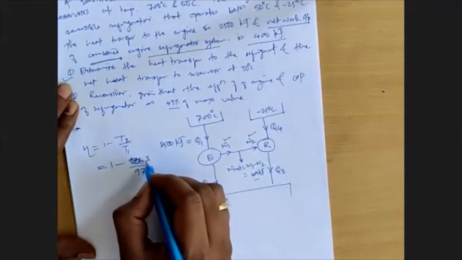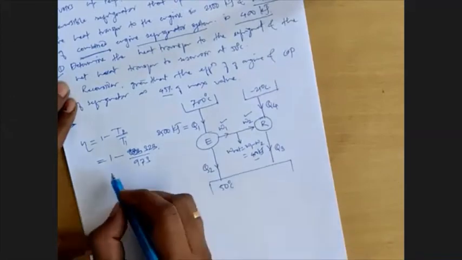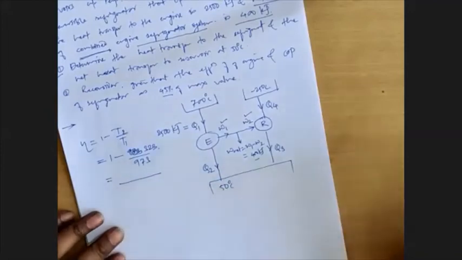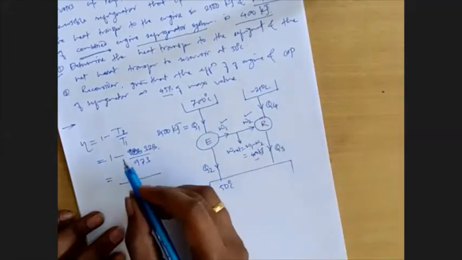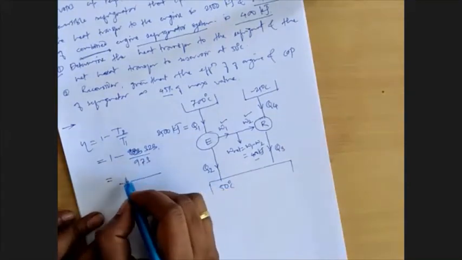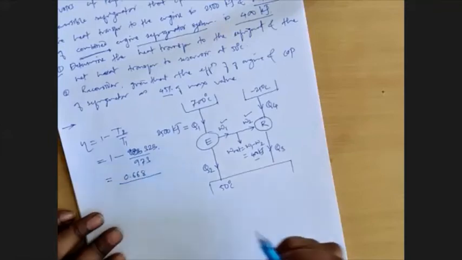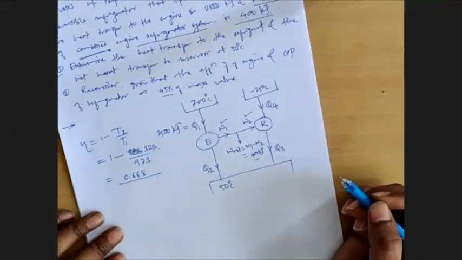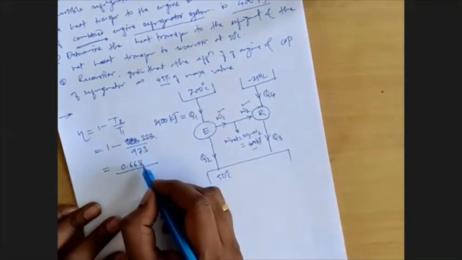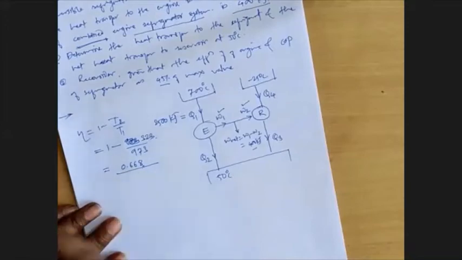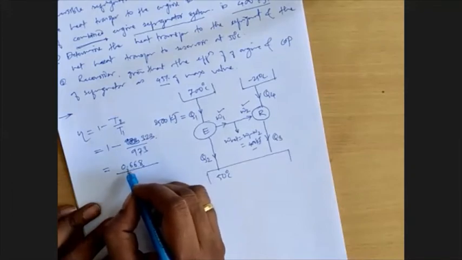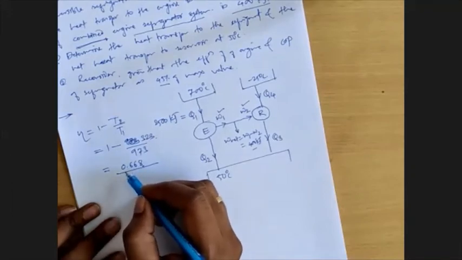323. Yes. So you will get some value for this efficiency. Can you tell me that value? 1 minus 323 by 973. That has to be 0.668. Is that correct, Pratik? Yes, 0.67. Okay, that is fine. You can increase this by 1 if this digit is greater than 5. So 0.67 is also fine, but make it a habit to always take 3 digits after the decimal. That would be a good habit.